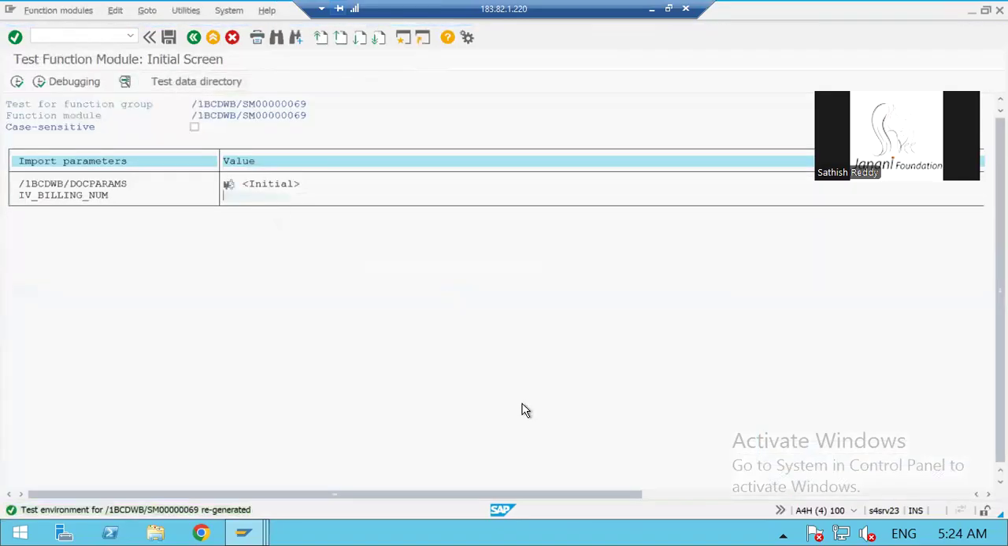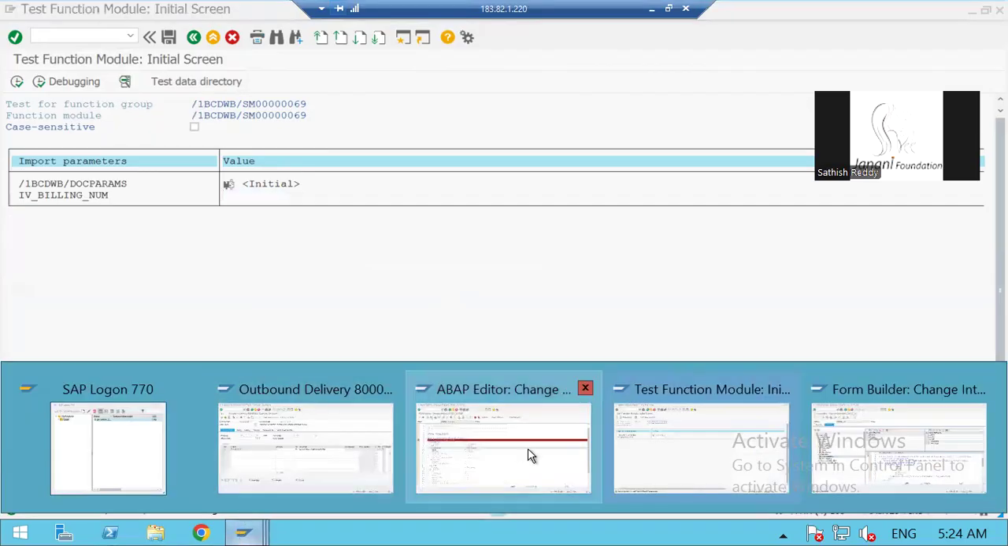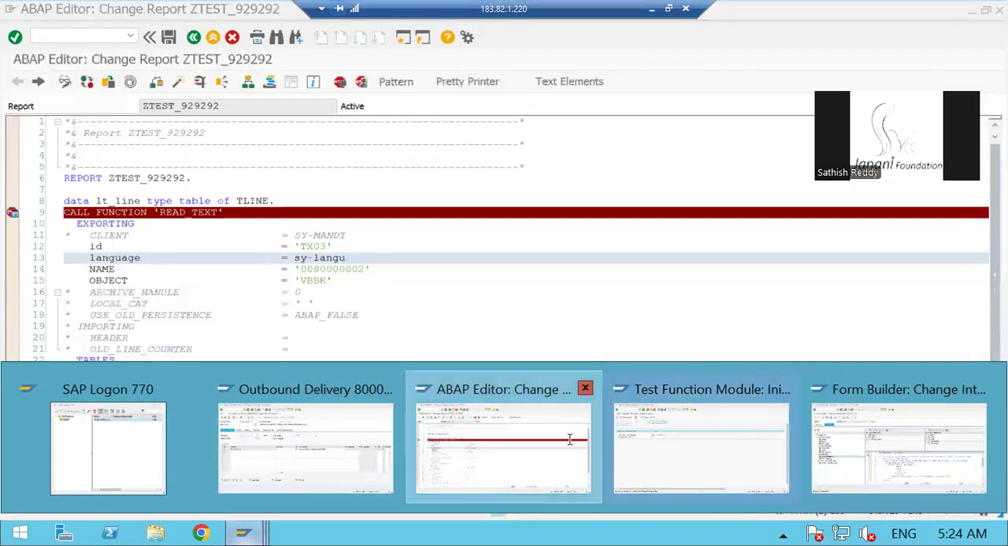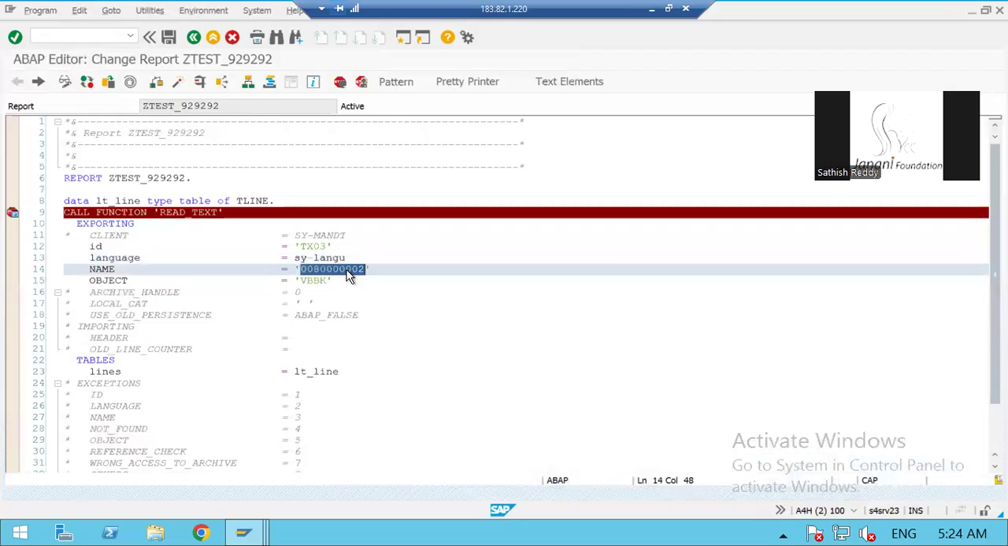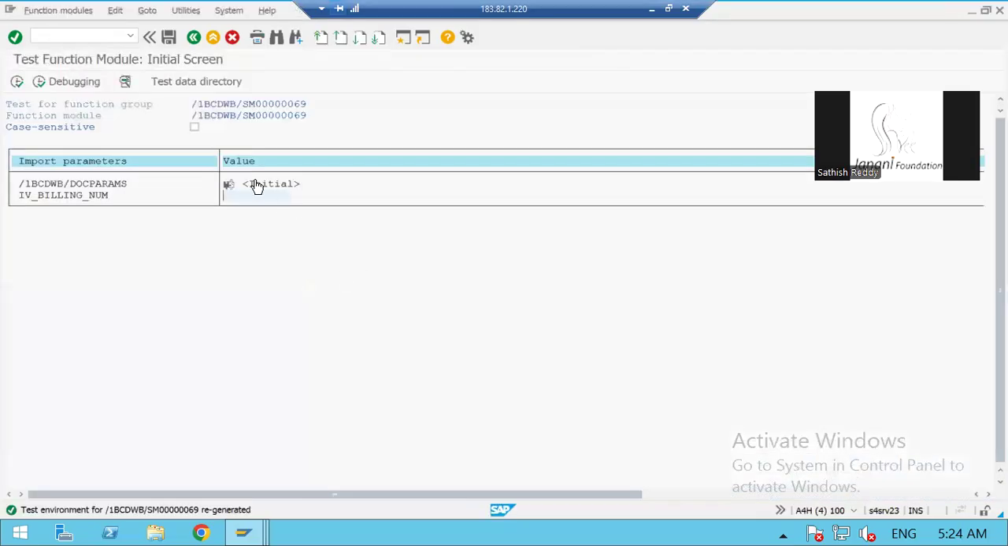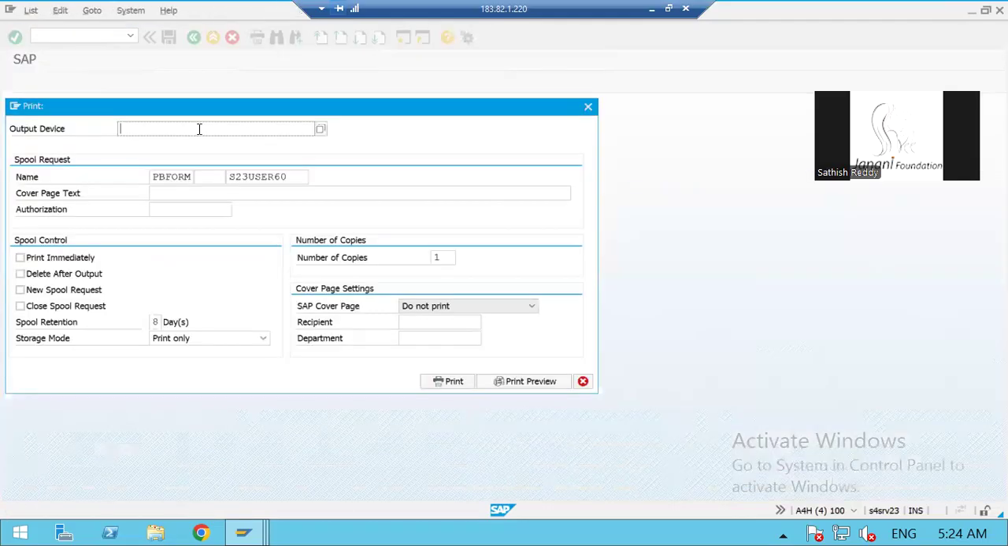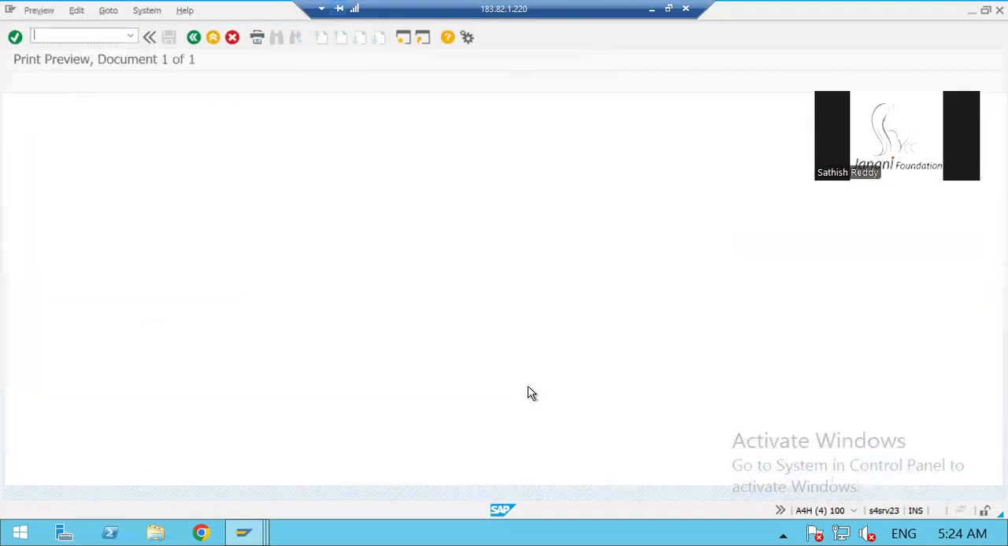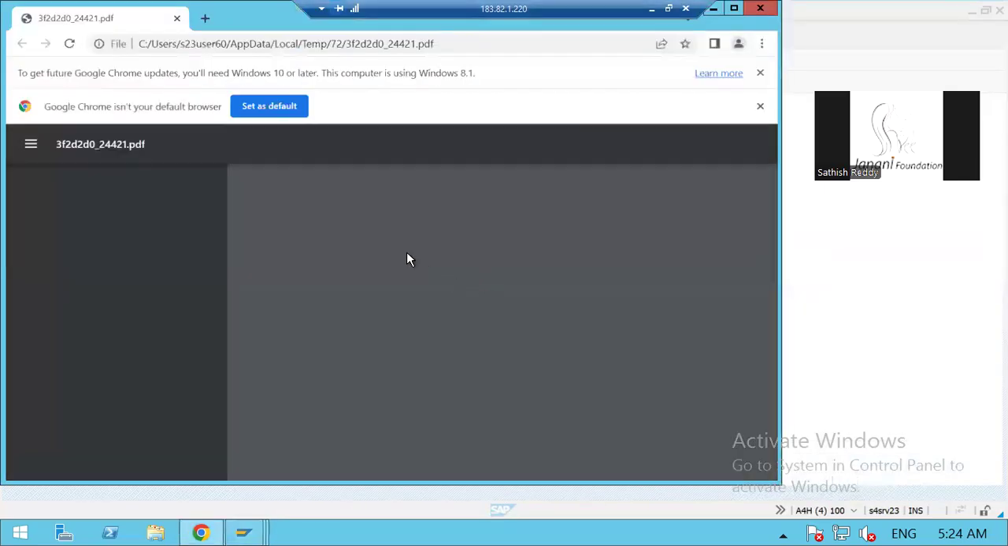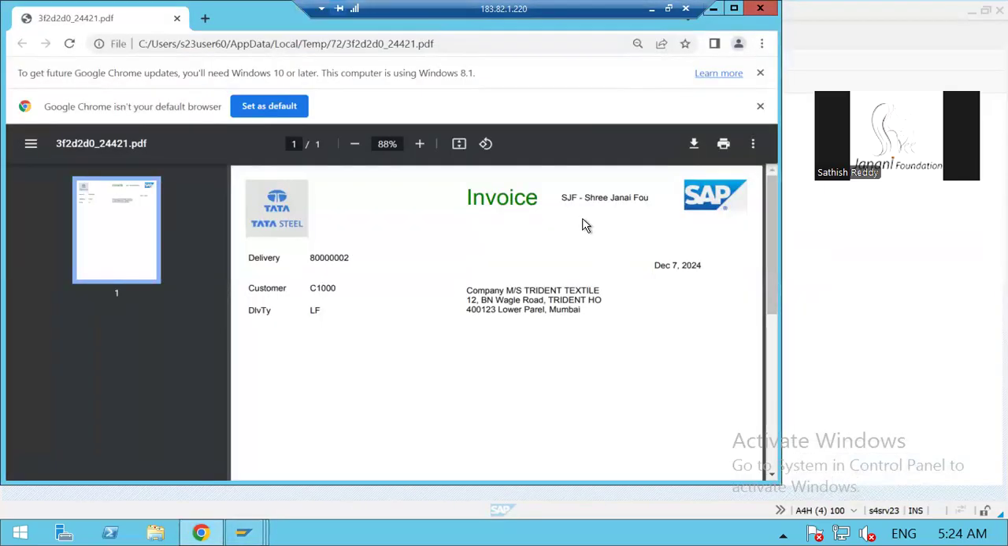So the delivery number, right? This is the delivery number. Copy this one and paste it here. Click on execute. See, AJF Srijarani Foundation something. FOUN only is coming here. Okay, FOUN. And if we see the text here,